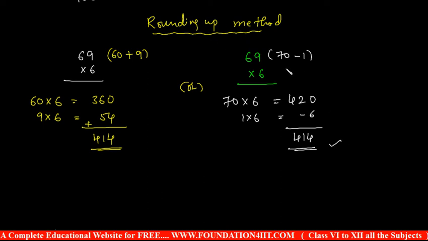If any number is near to a multiple of ten, like 69, 68, and don't take more, 67, 64, again it will be complicated when subtracting. Because generally you will feel easy by adding, not subtracting. Subtracting a single digit is simple. You can do it fast. Okay, the method is we need to round up, and we can do it even when the numbers are a little bit near to the multiple of 10, that you can remember.